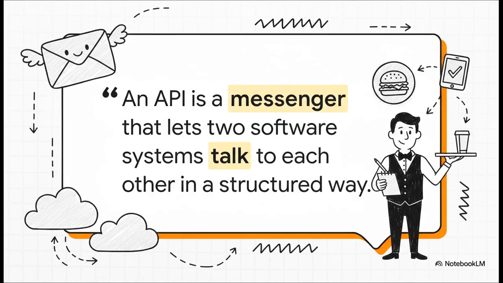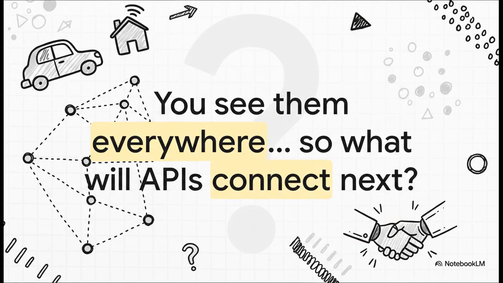So if you remember just one thing from all this, let it be this right here. At its heart, an API is just a messenger. It lets two different software programs talk to each other in a clear, structured, and secure way. It really is the digital waiter, taking orders and delivering results. The funny thing is, once you get this concept, you start seeing the work of APIs absolutely everywhere, from your smart home devices to the dashboard in your car, which really just leaves us with one final thought. In a world that's getting more and more connected every single second,